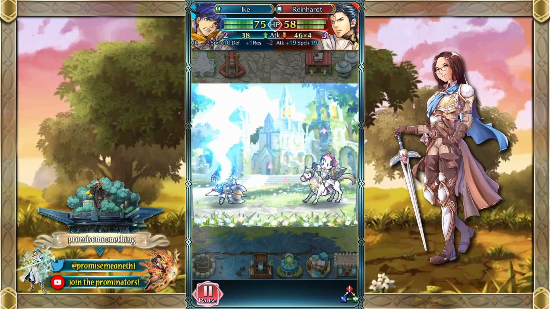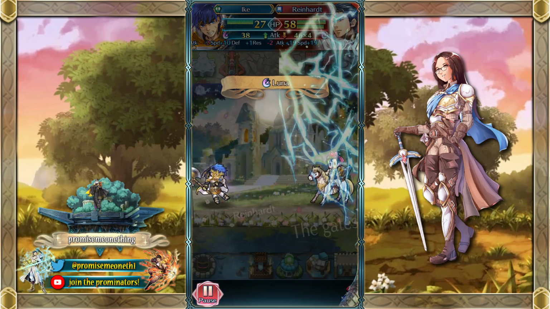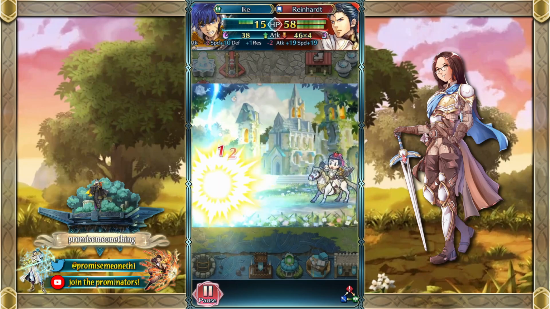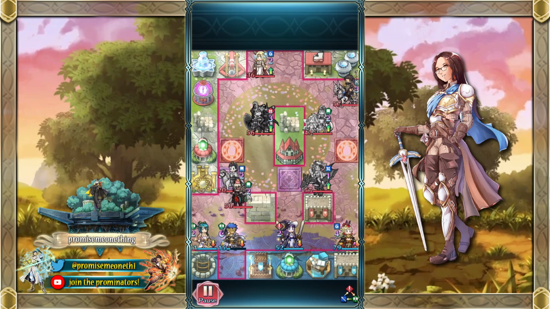Reinhardt does hit Ike for x4. By the way, this is a speedy Ike. He still hits him 4 times, but not quite enough. And he opens the gates. And he doesn't die. So now I think Saros...